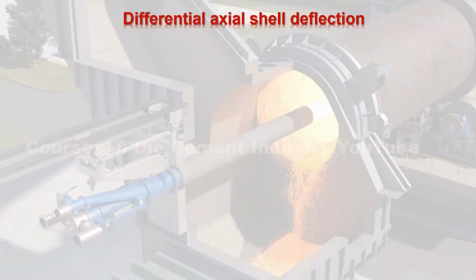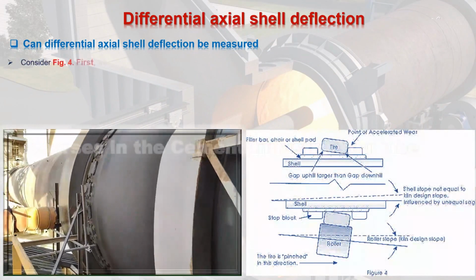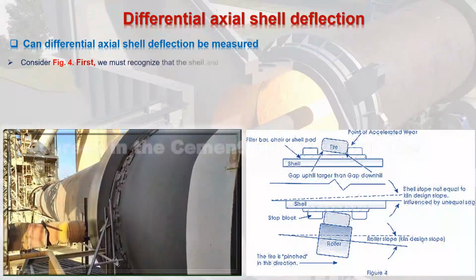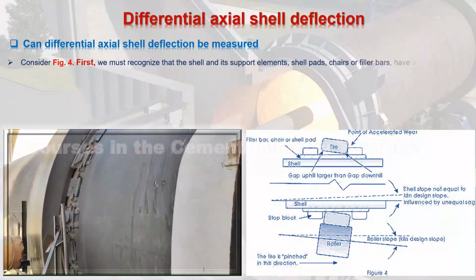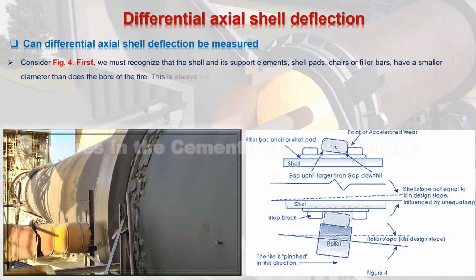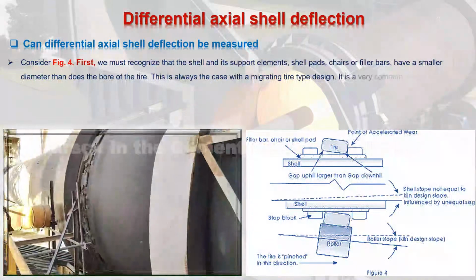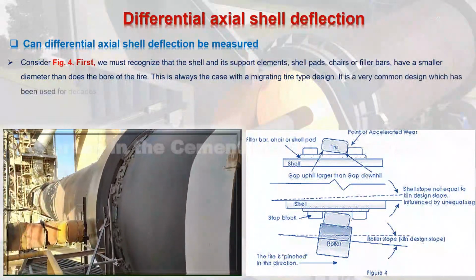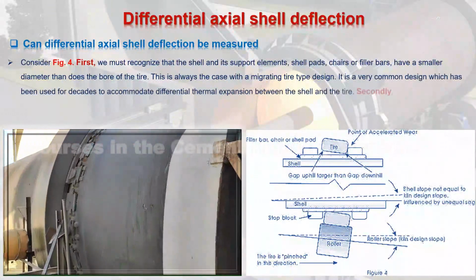We follow together, can differential axial shell deflection be measured? Consider figure 4. First, we must recognize that the shell and its support elements, shell pads, chairs or filler bars, have a smaller diameter than does the bore of the tire. This is always the case with a migrating tire type design. It is a very common design which has been used for decades to accommodate differential thermal expansion between the shell